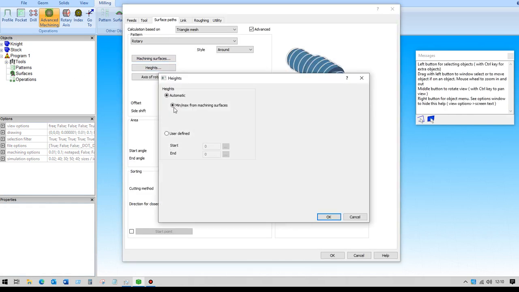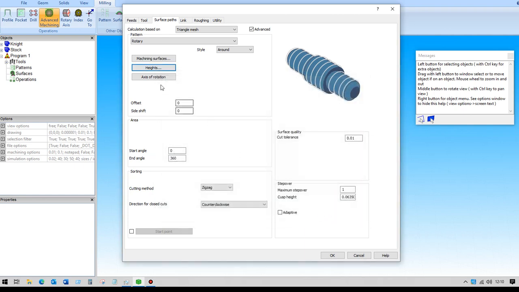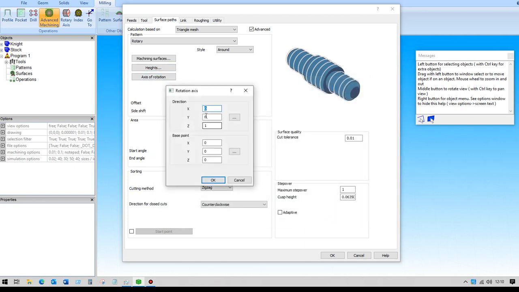The heights will be the minimum and maximum from the machining surfaces. If I want to limit the amount of machining, then I can use the user defined start and end points here for the actual machining. The axis of rotation again will be in the x-axis, so that gets switched on. Z gets switched off,